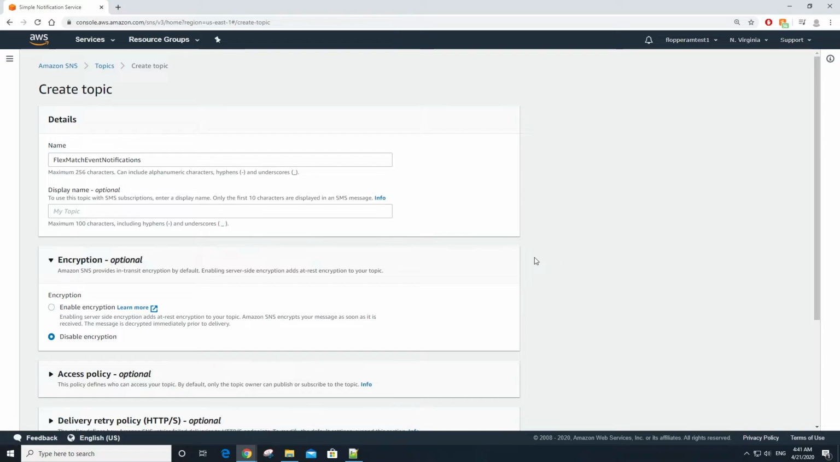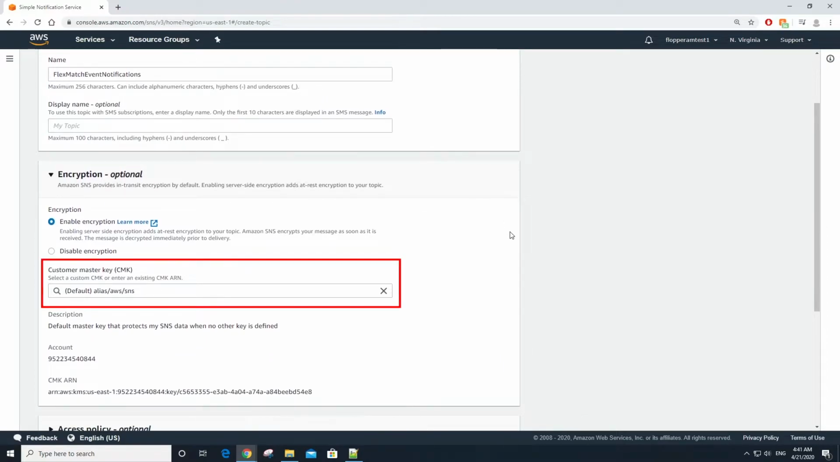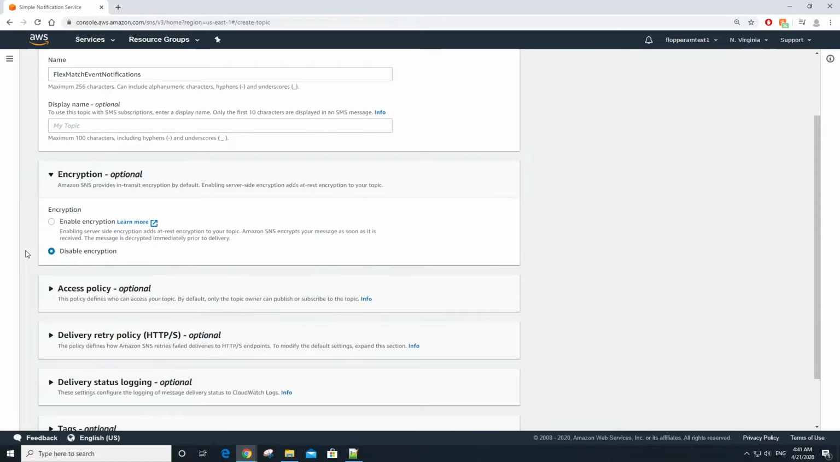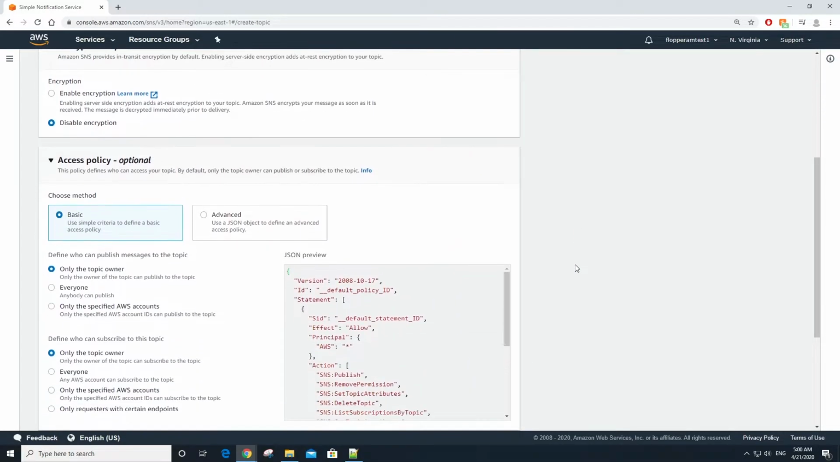Although it is very useful and probably recommended, I would suggest if you do this, then instead of using the default customer master key that is automatically generated, make a key yourself through KMS. But again, we are not going to go over this, so leave it so that the disable encryption option is selected. Next up is the access policy section, where you can configure who or which services has access permissions to